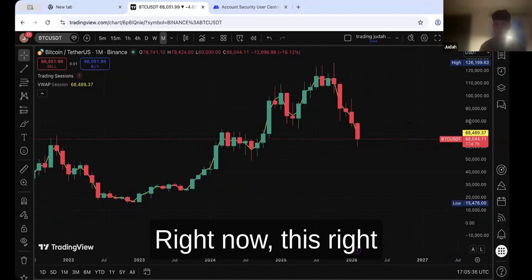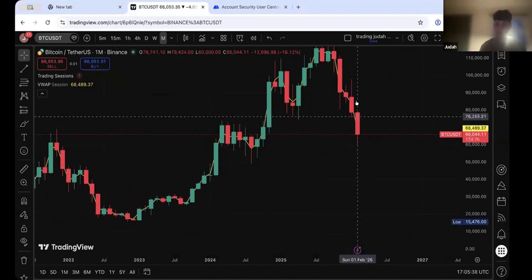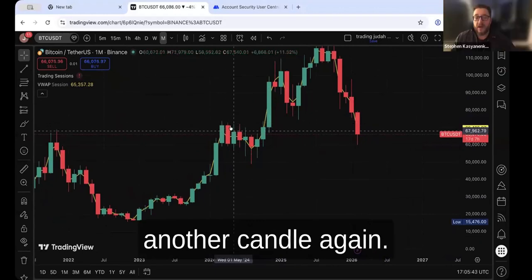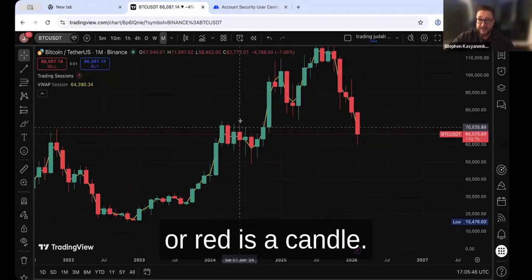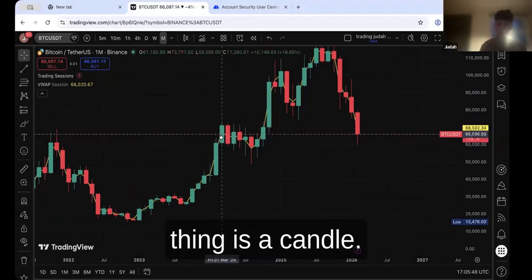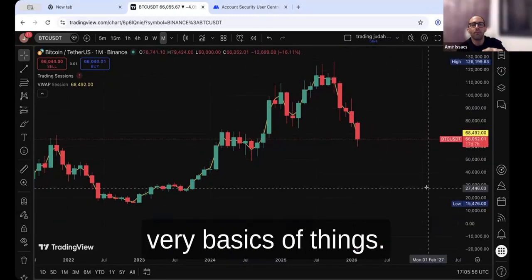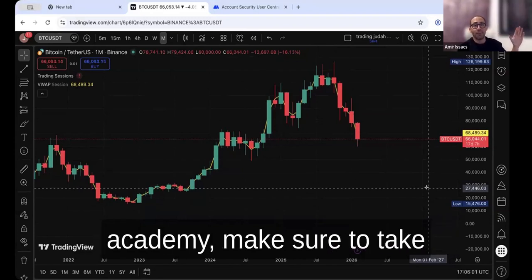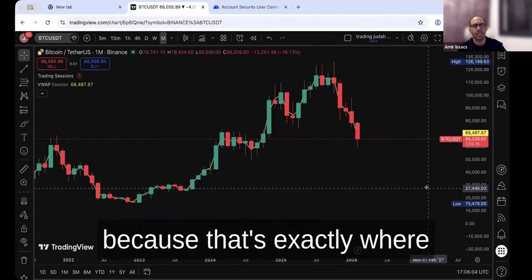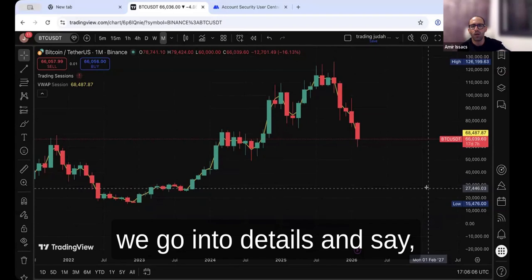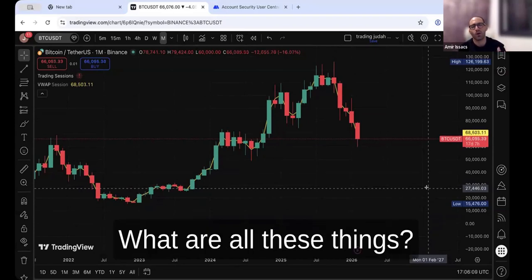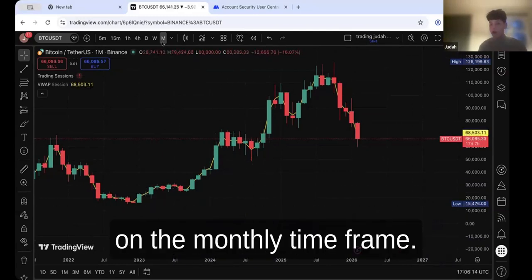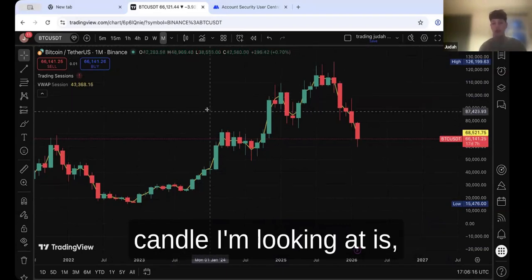Right now, this right here is a candle. This is a candle. Then we see another candle. Every green or red thing is a candle. Very basics. Those who haven't gone through the basic academy, make sure to take the time and go through it, because that's exactly where we go into details and say what is an uptrend, downtrend, candle, what are all these things. We're now on the monthly time frame, so that means that every candle I'm looking at